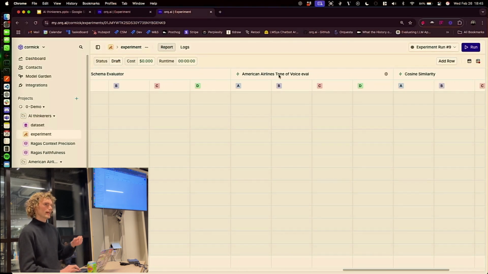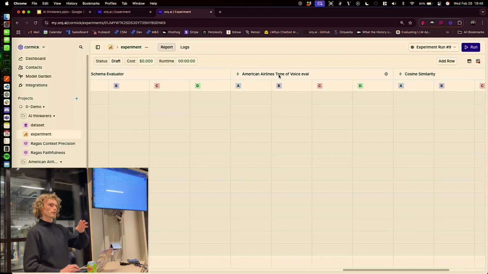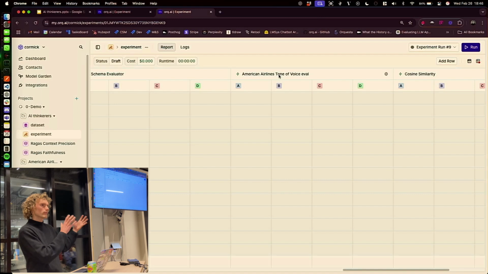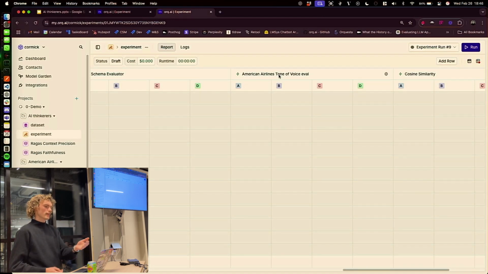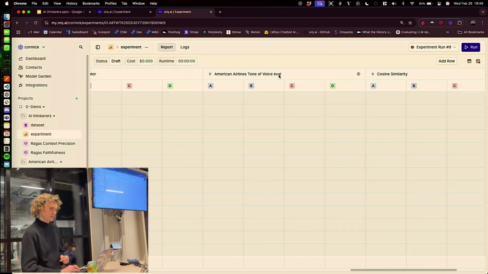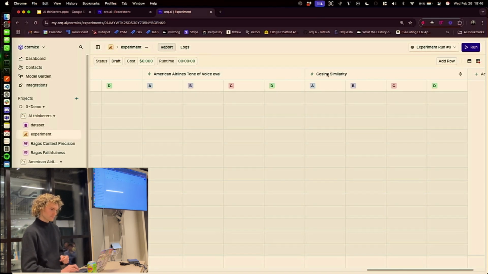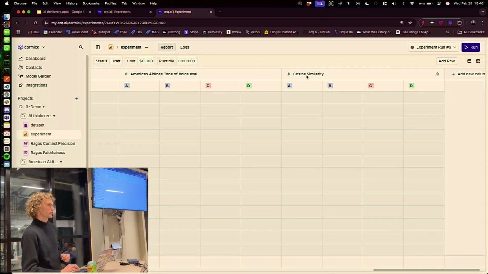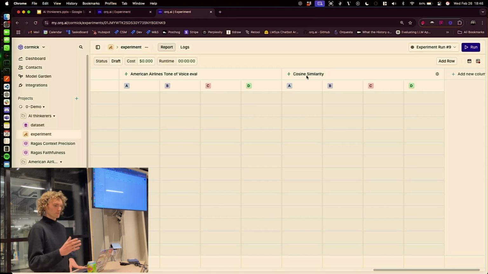Also, I set up an LLM as a judge, and for the people that are unfamiliar with that concept, it's basically a language model that checks the output of another language model. And in this case, it checks if it is responding with the tone of voice that I specified here according to the American Airlines concepts. Then I'm also using cosine similarity, and we support a bunch of other traditional algorithmic evaluators coming from machine learning